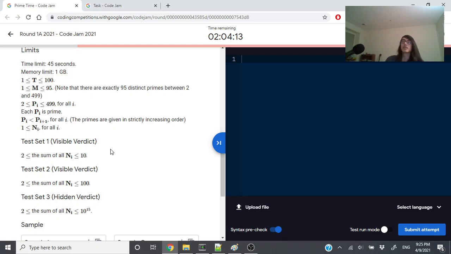We're taking almost 50, or whatever log of 10 to the 15 is, it's like 50. Taking almost 50 primes,